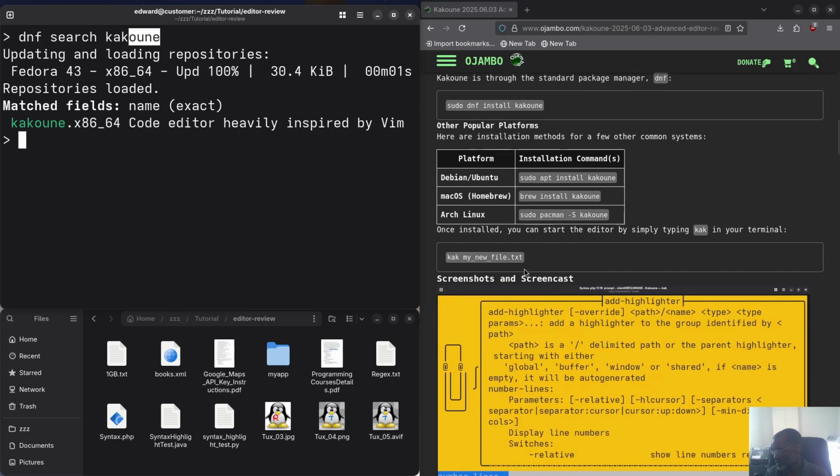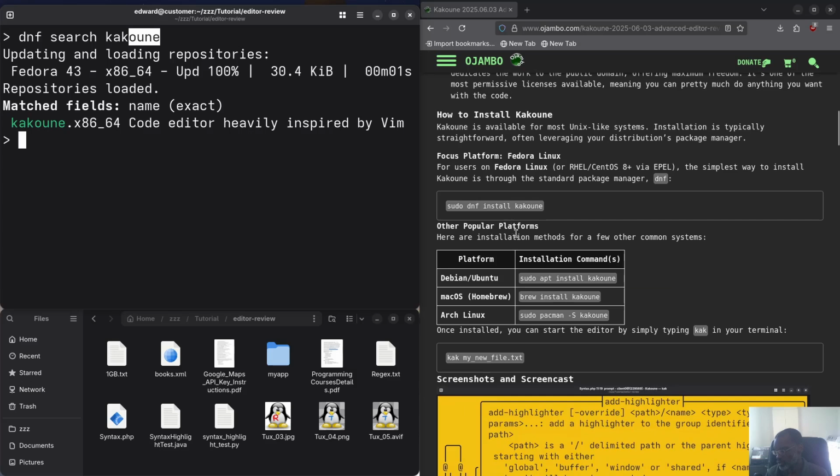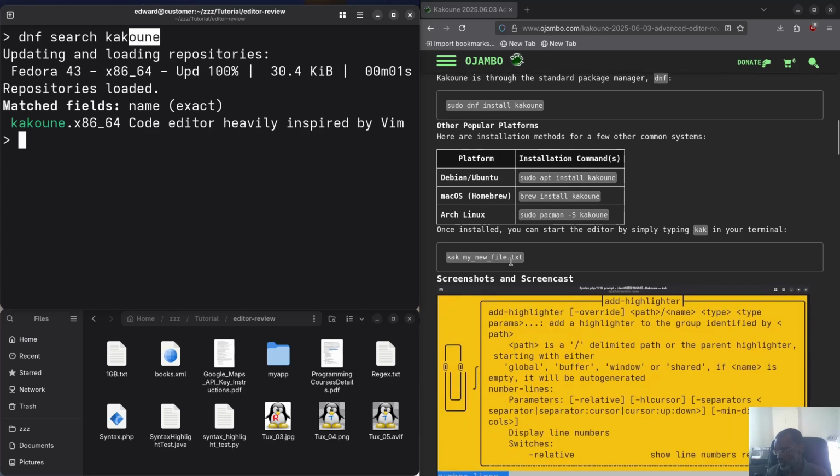And I guess if it's on Windows, if you have the Windows Subsystem for Linux, the WSL, you should be able to install it that way as well. And I believe you can also use Brew if I'm correct, but I think Brew is not quite Windows ready yet. Okay, and all you do to start it is simply type cak,